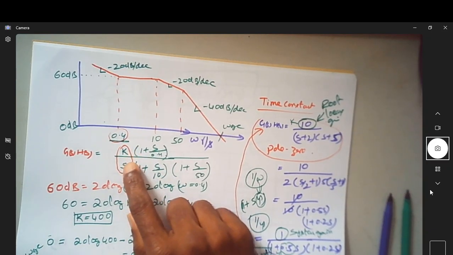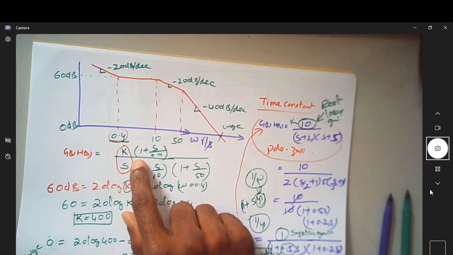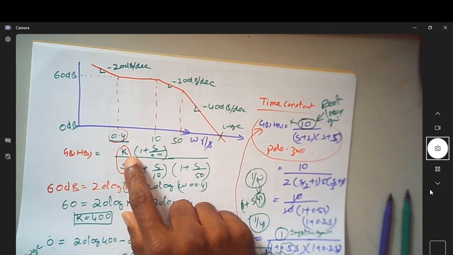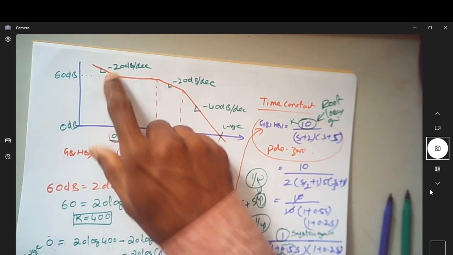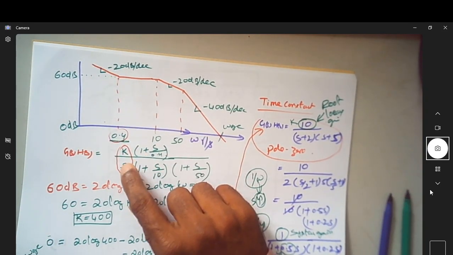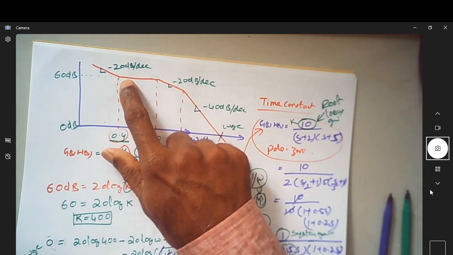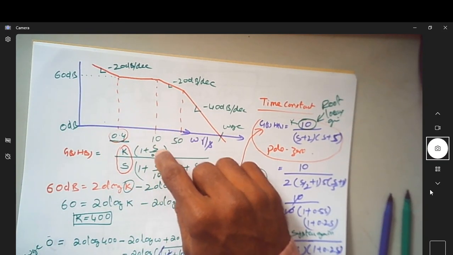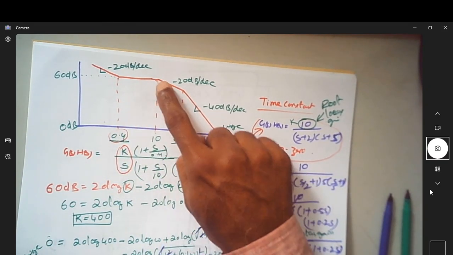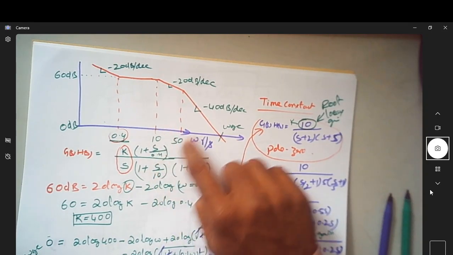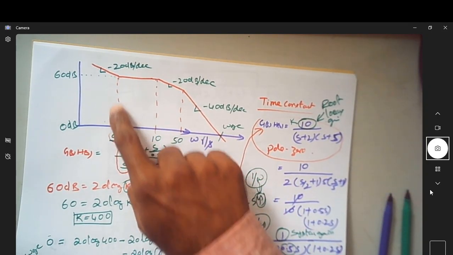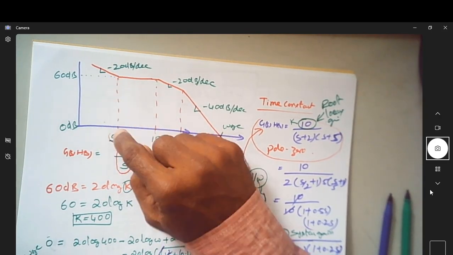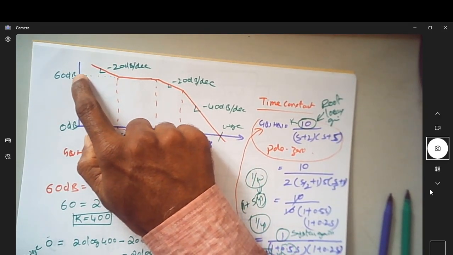I think there is no issue in writing these terms. So initially you start with k. Since we have an initial slope of minus 20, it is a pole at the origin. Slope becomes 0 dB, meaning that there is a 0 at 0.4, and there is a pole at 10. There is one more pole at 50. We wrote this. And then to know the magnitude of k, let us try to identify the magnitude and the